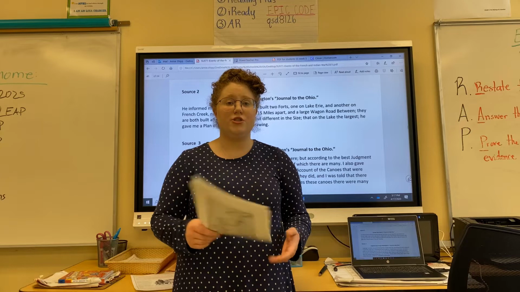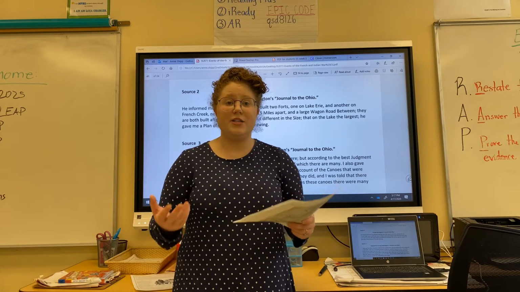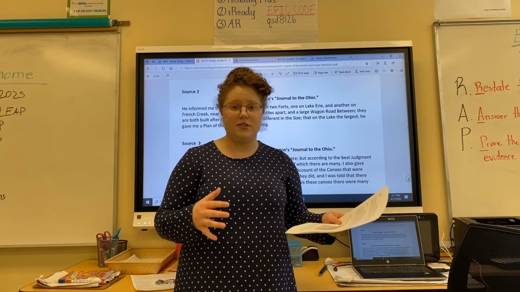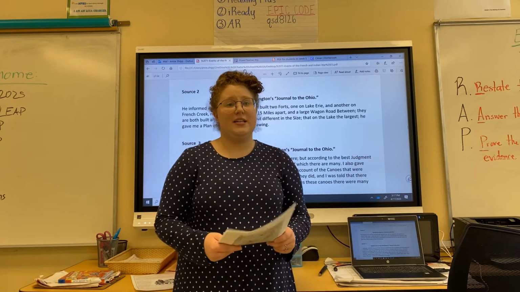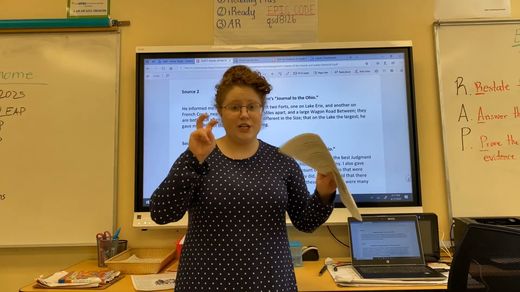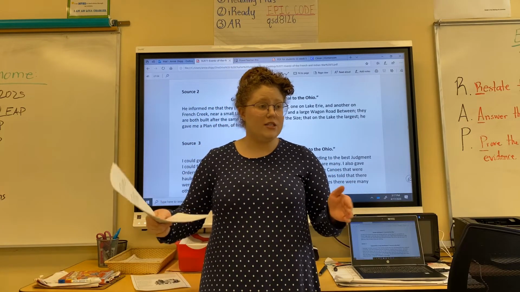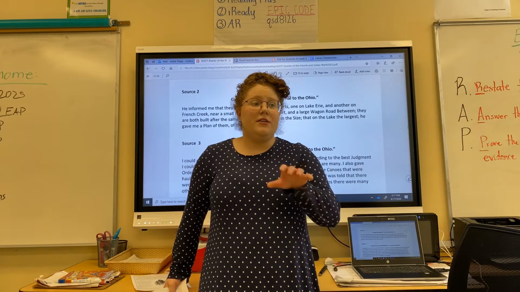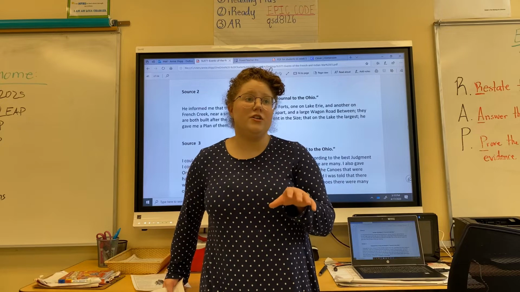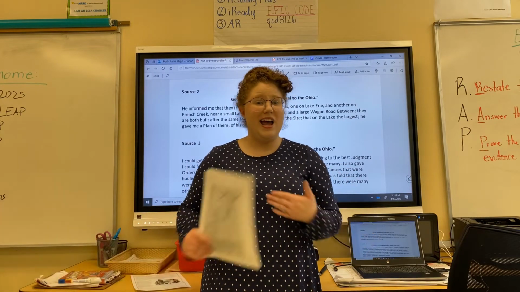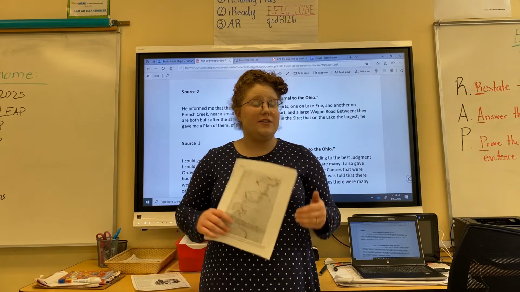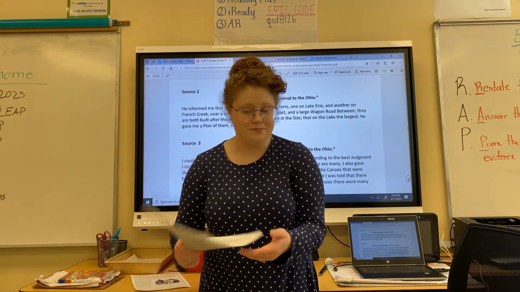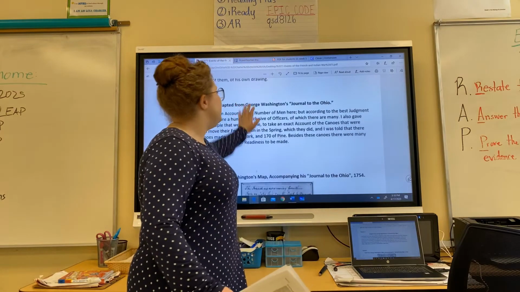So in this source, George Washington is describing the French building these large forts close to each other along the rivers. If I was George Washington and this was supposed to be British territory, and the French are building these forts close together, I would be thinking, okay, they're building all these forts so they can have supplies and soldiers, and they're close together so they can help each other. I'd kind of be thinking they're building all this stuff to fight against us, and that's probably what George Washington and Dinwiddie were thinking.